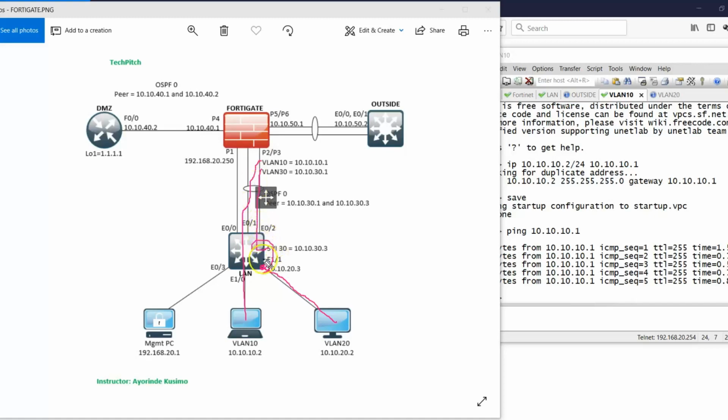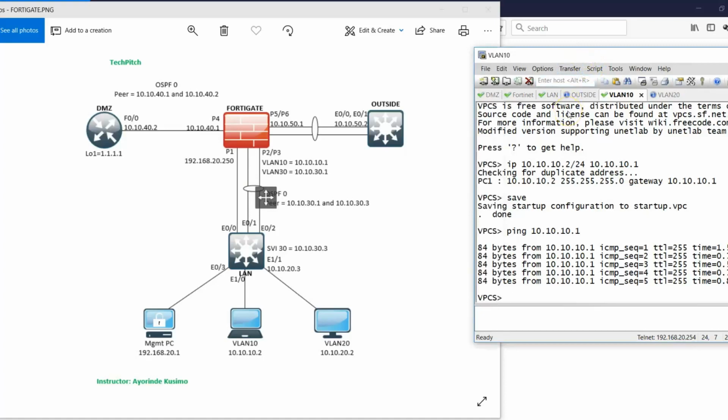Actually, not really. I will establish the routing between the firewall and this SVI. That's what I'm going to do between firewall and this SVI, and this interface also. But this interface will be running as passive because there's no other network behind it to share with the routing process. It's just a subnet alone, so it's going to be passive. So there's going to be a routing instance running on this switch, so that appropriate routes can be shared. But when we get to that, you are going to see how it's going to work. But for now, for the sake of this video,